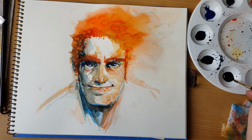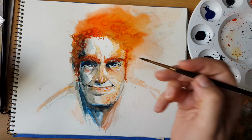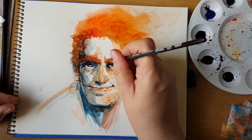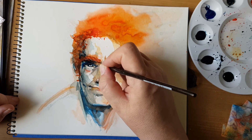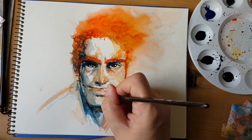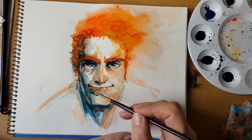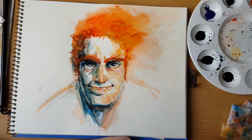Next, I'm going in with black again, and we're mixing the black with some Prussian blue, and I'm going to get this eyeball completely there and there and here. Okay. I have neglected this side of his shadows. There. Now you are no longer neglected. And last thing,